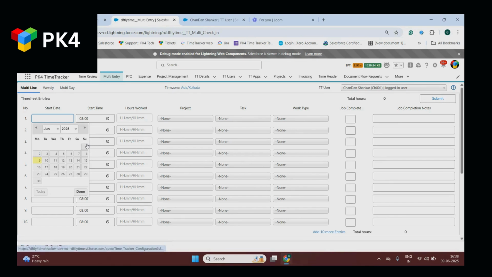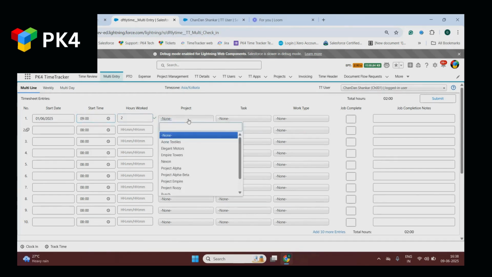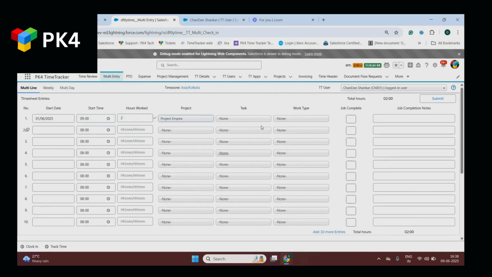I will select the date. The start time is by default set to 8 a.m. in this org, so I'll leave it as it is. You can make any changes. If you want, you can make it 9 a.m. It depends upon your wish. Then I will select the